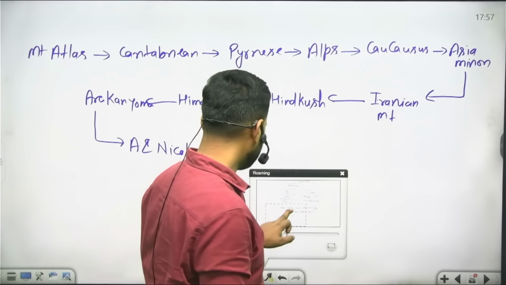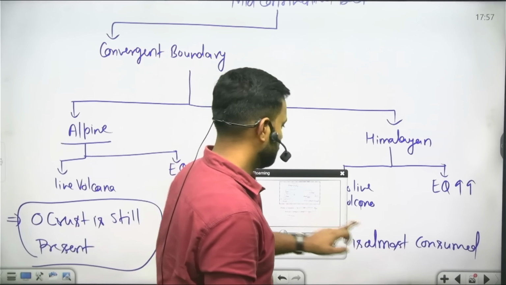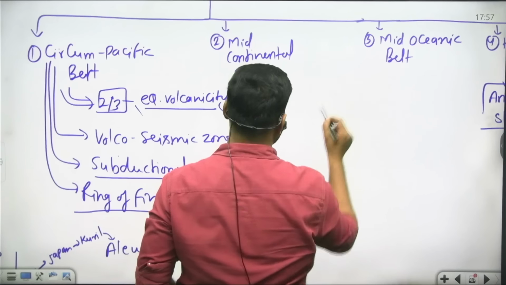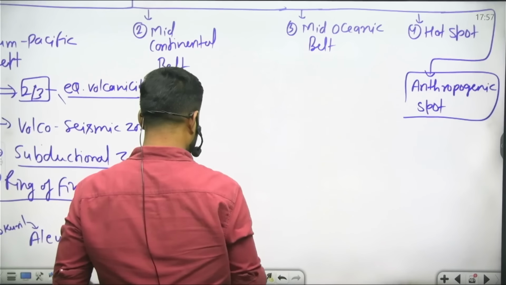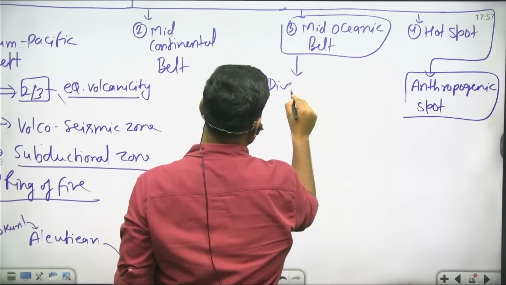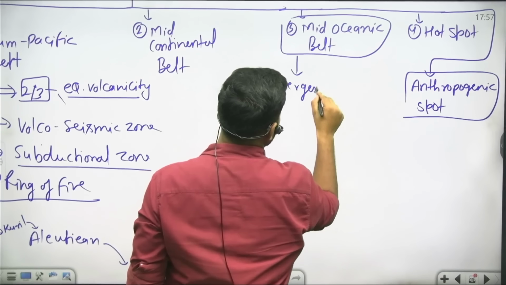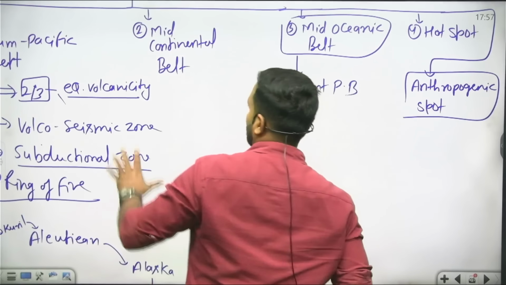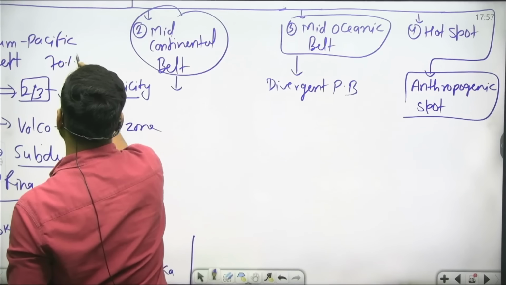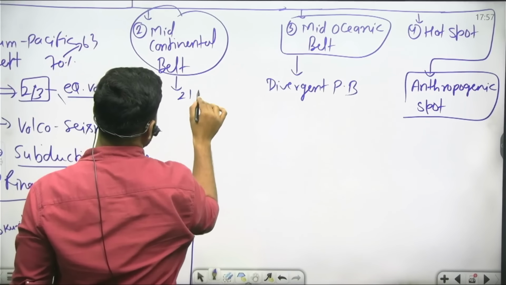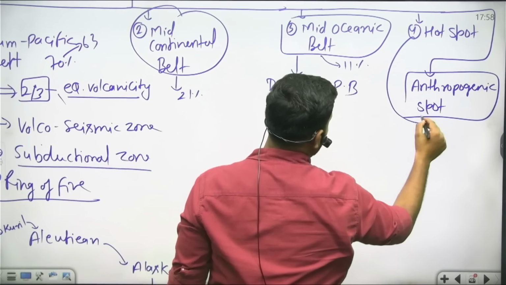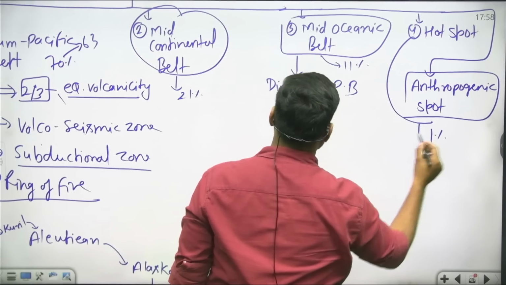And now the last one is the mid oceanic belt। The mid oceanic belt is what? It creates the divergent plate boundary, it is a kind of 21%। यहाँ 2/3 था, मतलब 70%। Some books are referring 63%। It is 21% and it is almost 11%, and the rest hotspot and anthropogenic are less than 1%।